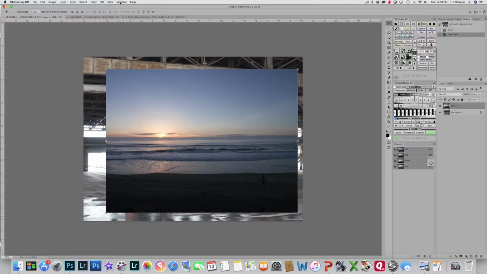to go back to the single view mode, which is Command-Shift-R. I'm going to make it a little smaller, and what I want is this sort of sunset in the entire background. Along with masking, the transform function of Photoshop is really very important. So I'm going to